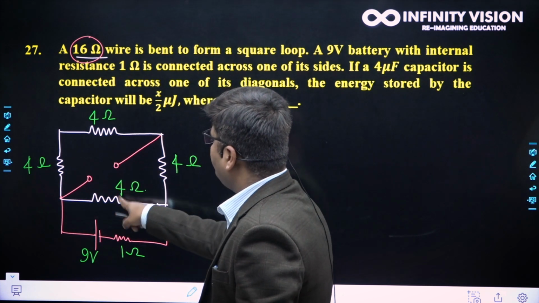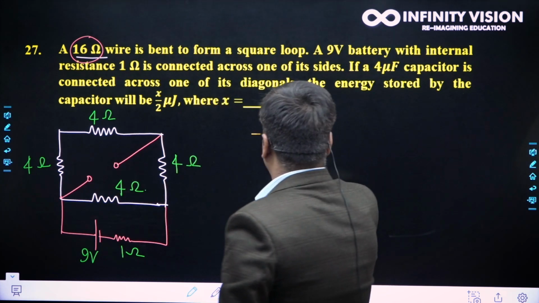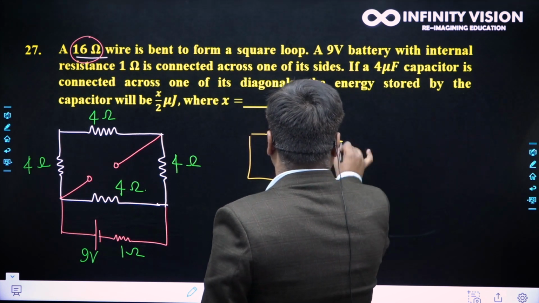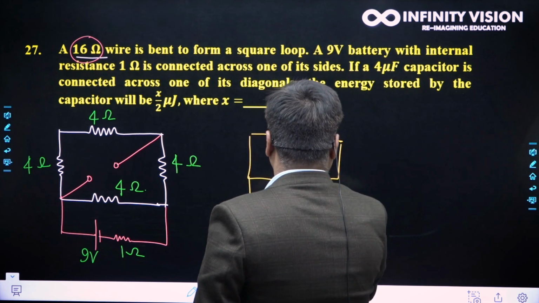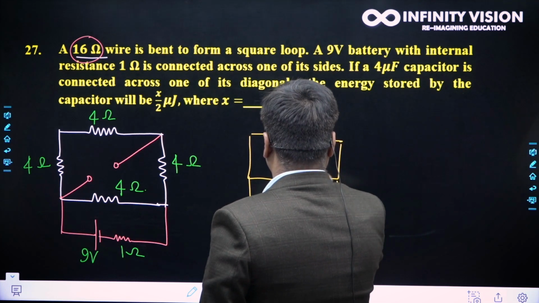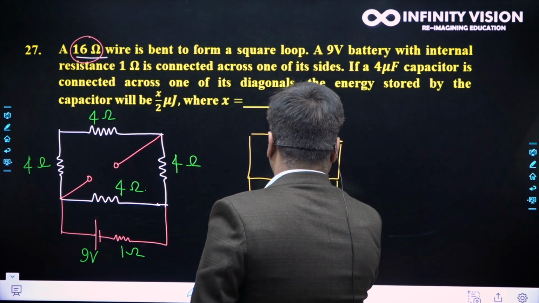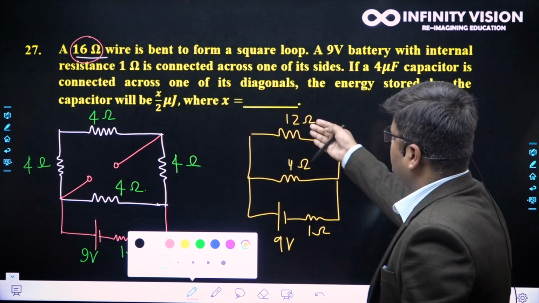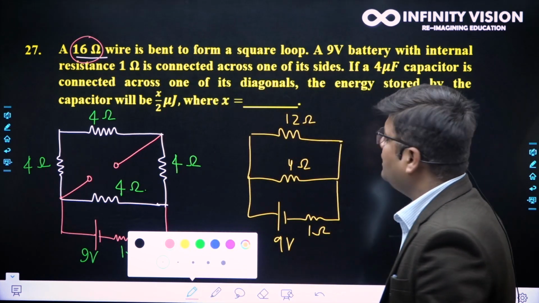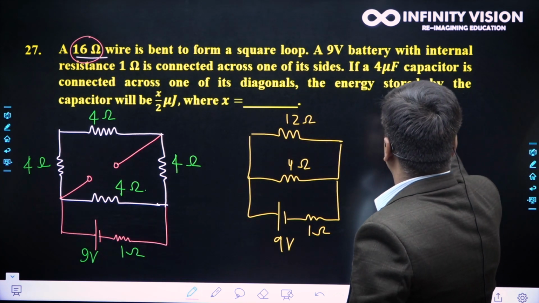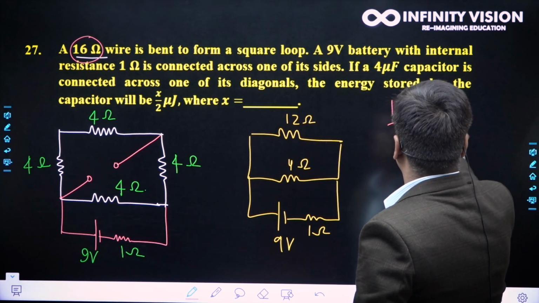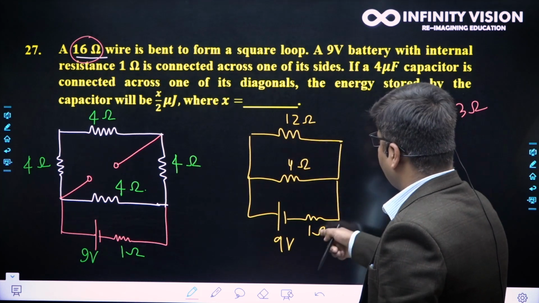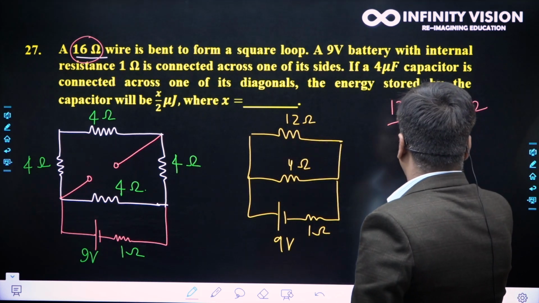Now 12 ohm and 4 ohm, redraw the circuit. This is 12 ohm and this is 4 ohm and this is the battery, 1 ohm and this is 9 volt battery. So the 12 ohm and 4 ohm are connected in parallel. So their equivalent will be 12 into 4 by 16, equal to 3 ohm. And this combination of this 3 ohm and this 1 ohm is in series, so the total current will be